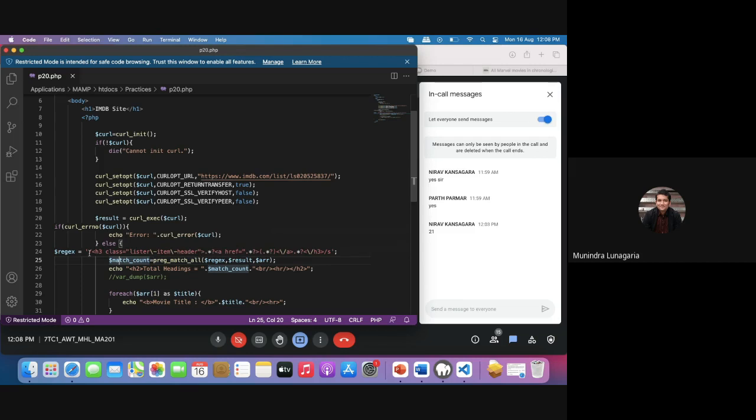All right. What exactly? The output of the entire page needs to match with this regex, and it should be in an array. So the preg_match_all result is stored in match count. What will match count do? It will give you the number. But we have stored the result in an array also, whatever matches are found, so it will be in the array. Now I'm going to print the entire array by using foreach.